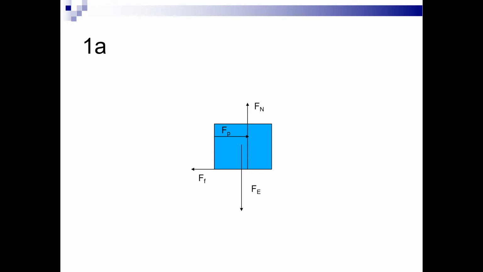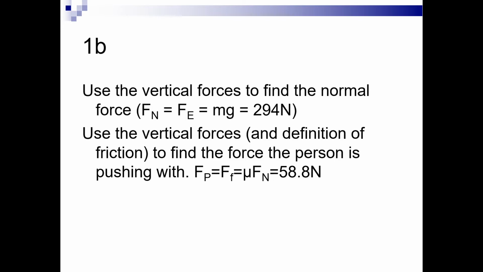Because we know it's not accelerating, if we turn this free body diagram into equations, Newton's second law is just writing all the forces in the x direction, all the forces to the right minus all the forces to the left, and all the forces up minus all the forces down, and setting that equal to mass times acceleration. In this case, the acceleration is 0, both horizontally and vertically, so we know that the person is pushing with a force equal to friction, and we know that the normal force equals the weight. And so that allows us to solve part B,